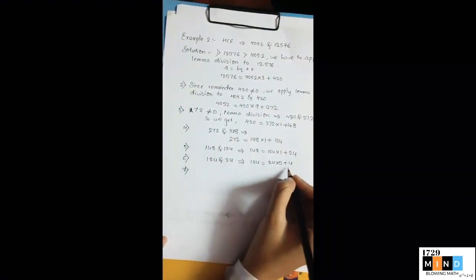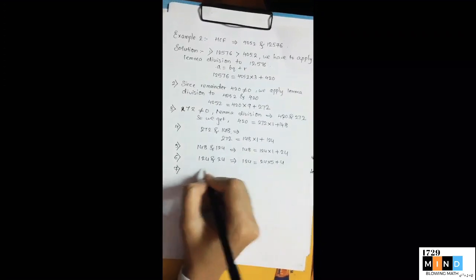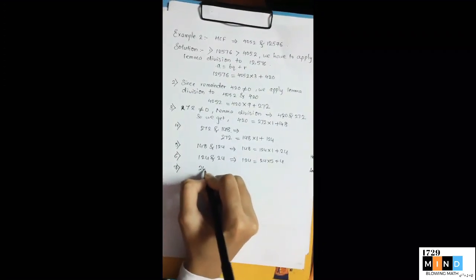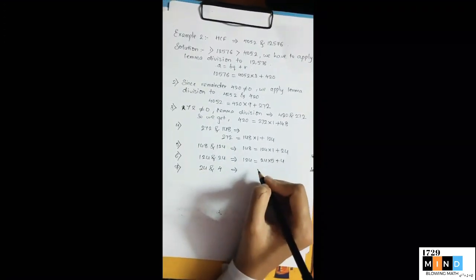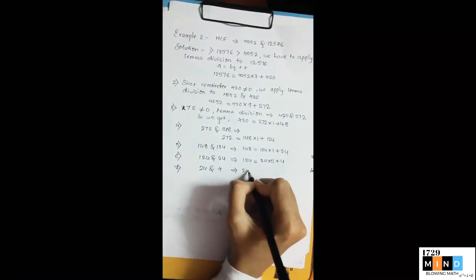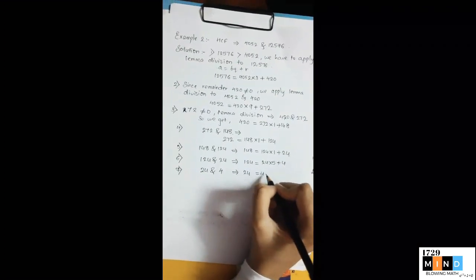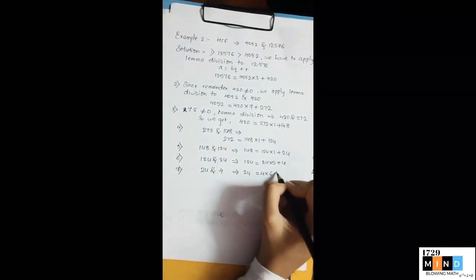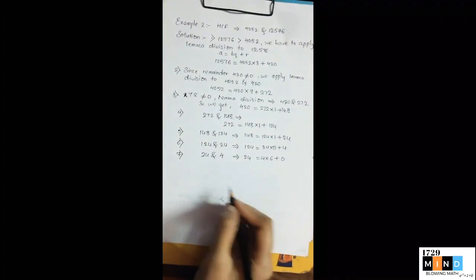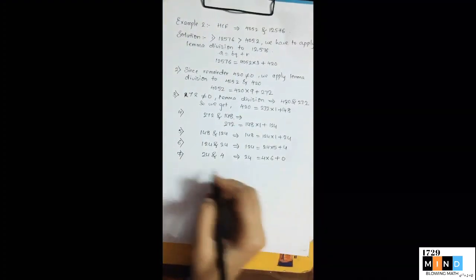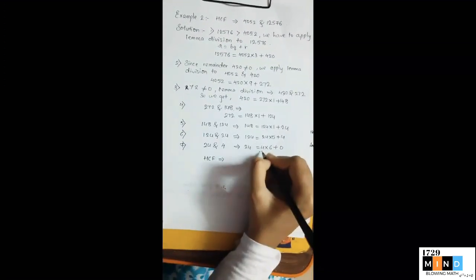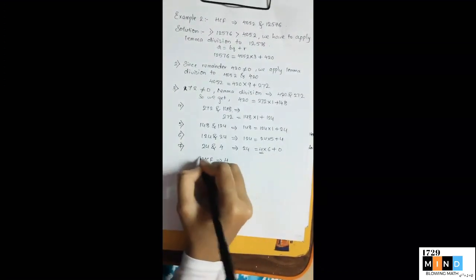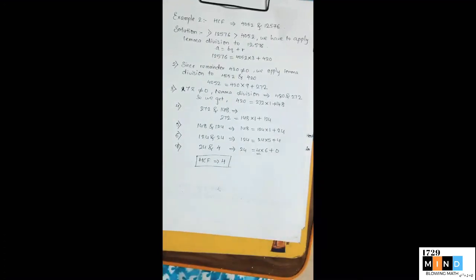The last step, the seventh step, we will go. The dividend will be 24 and the divisor will be 4. What will we get after applying the lemma method? 24 is equal to 4 into 6, that is, 4 sixes are 24, plus 0 will be the remainder. So here our procedure will stop, and the last divisor is 4. So our HCF is also 4.